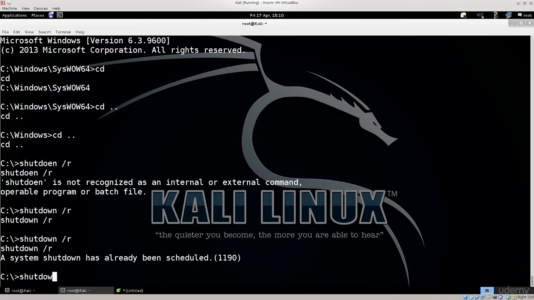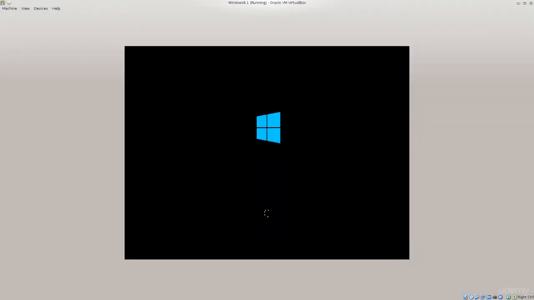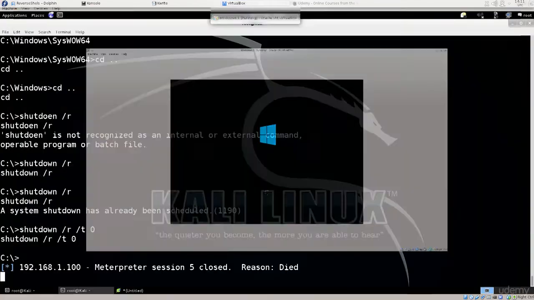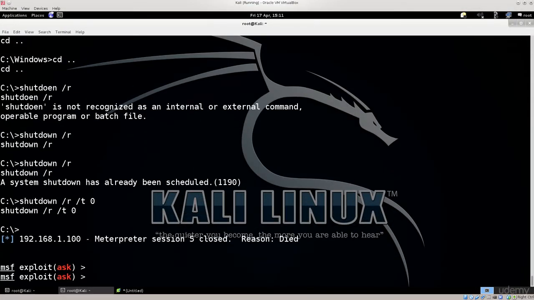Let's see, shutdown -r -t 0. Will this work better? Excellent. So it will. If you give it a time, it's gonna shut down immediately. If you don't give it a time, I think the default is 1 minute. I guess I could have waited, but it's a tutorial, so I didn't want to waste any time. Anyway, you can see that the Windows 8.1 machine is actually rebooting, and what you need to do on the other end, just press enter here and type in